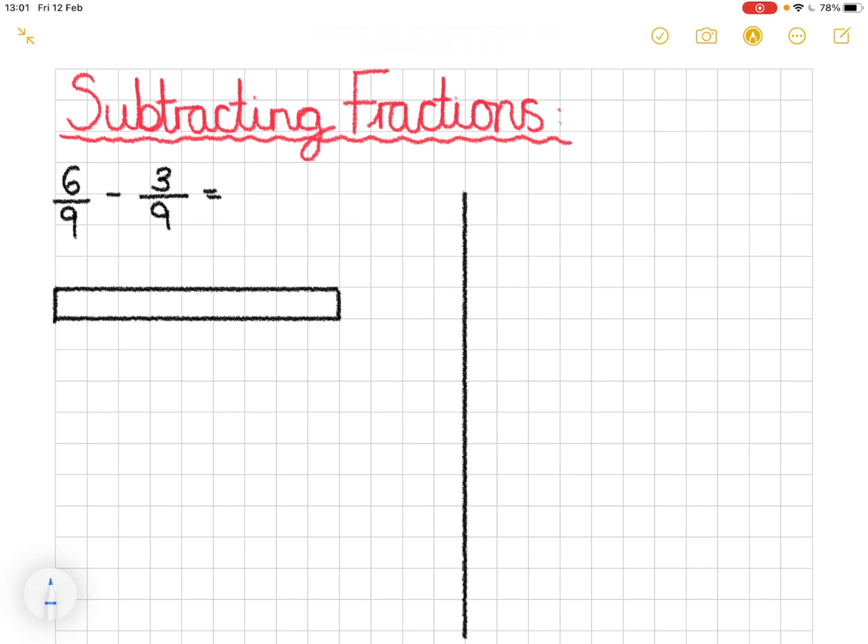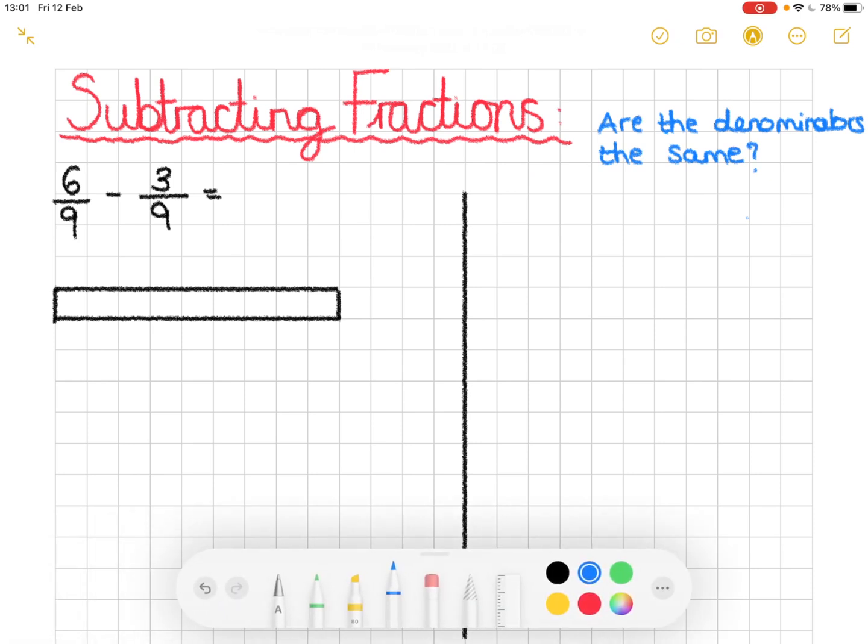So we'll start off with the first key question. Whenever you come across a problem, as mentioned before in any of the fractions videos, the first question you need to ask is, are the denominators the same? Remember, the denominator is the bottom number. We have 6/9 and 3/9. Are those two denominators the same? Yes or no? If yes, which in this case they are, we can subtract